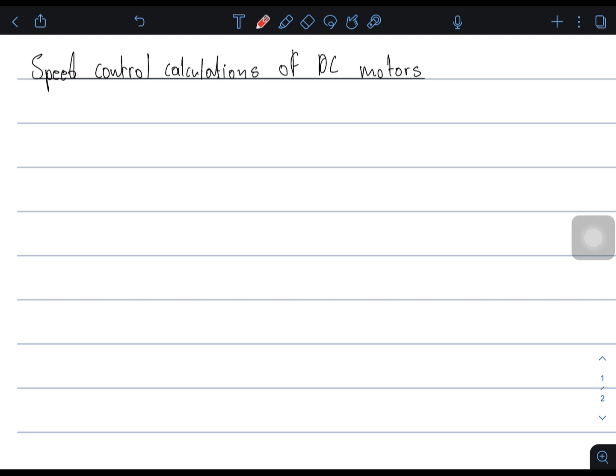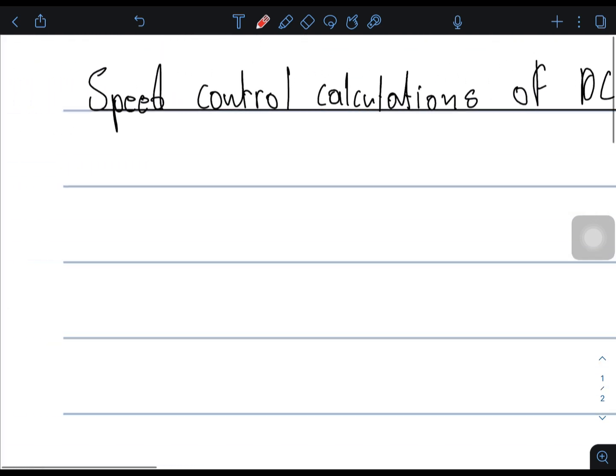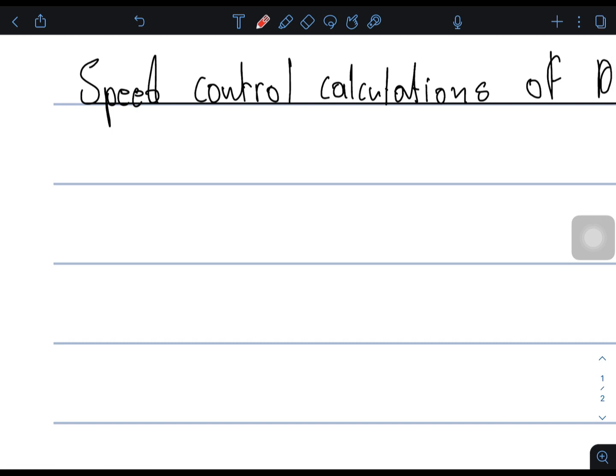Sizokwenza question 1 on this series. So the first part, question 1 for Electrotechnics N6, is speed control calculations of DC machines. Okay, so what I'm going to do, I'm going to first write you the formulas. We're only going to do calculations. I'm going to write down the formulas that we'll be using, then go explain the formulas, then we start looking at question papers.